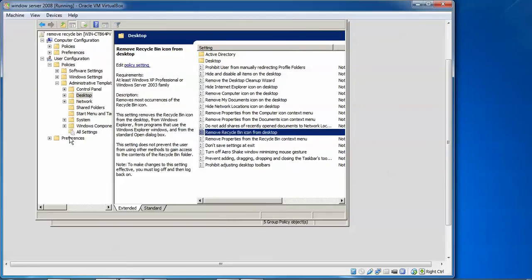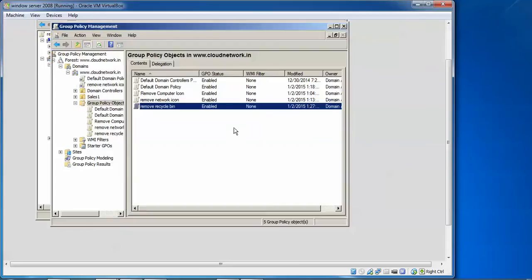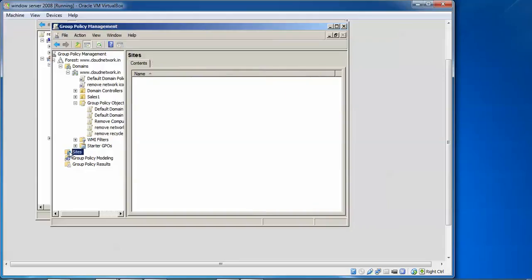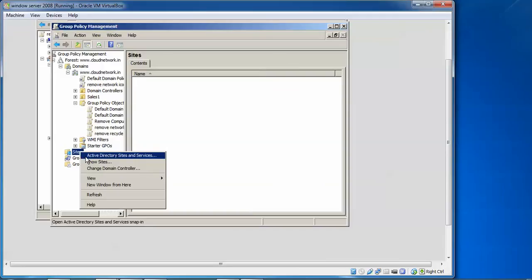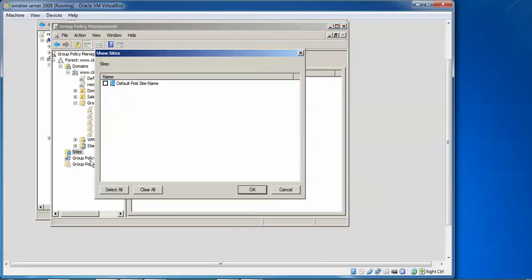Then we need to go back to Group Policy Objects, and here expand the Sites. You can see we are giving here the sites. We need to right click on Sites, then Show Sites.